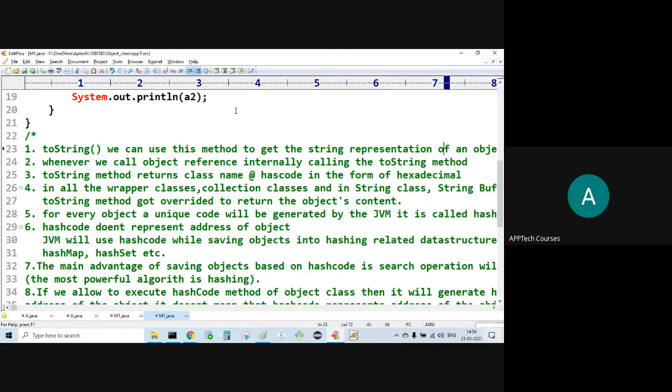But content will be returned if I override the toString method of the Object class in my A class according to my requirement. Then we can return the object content in the form of a string. Now, for every object, a unique code will be generated by the JVM. That is what we call the hash code.